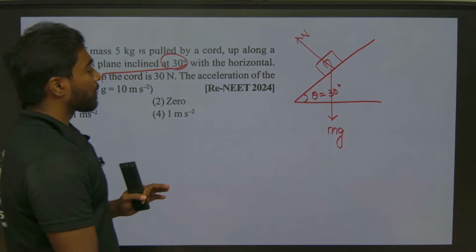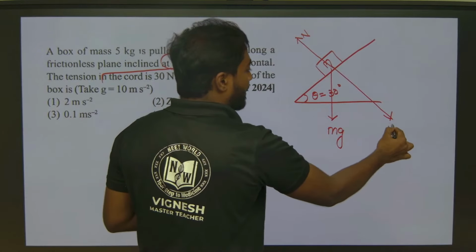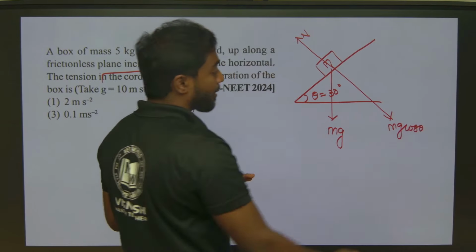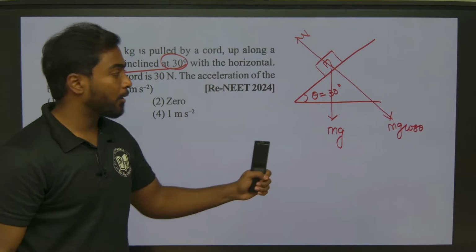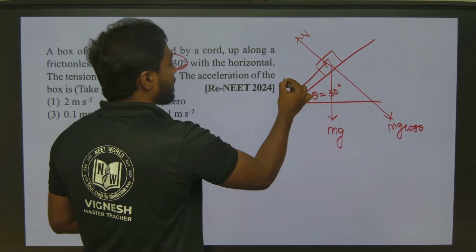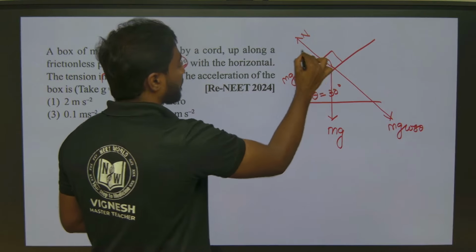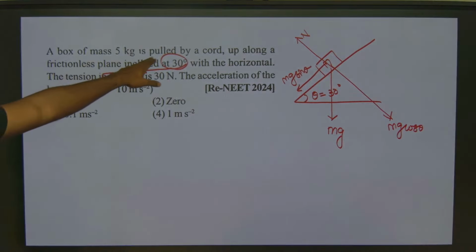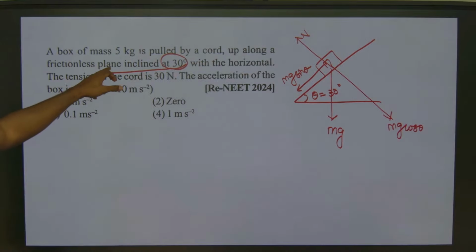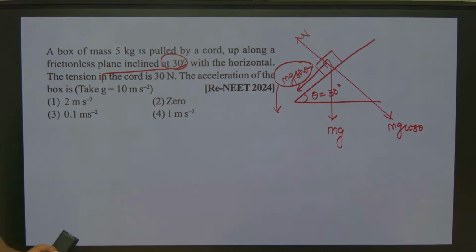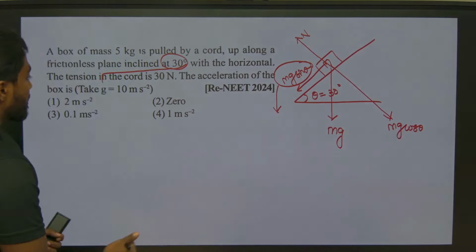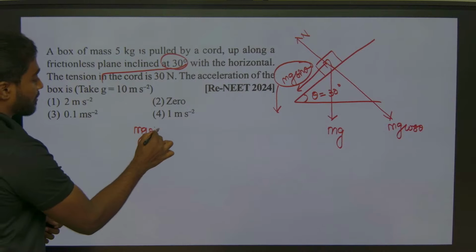Okay, so what about this one? This is my mg cos theta. So yesterday, in last class, we have talked about how to take the components for inclined plane, okay. So this is my mg sin theta. Now what they are saying is pulled by a cord up along a frictionless plane inclined at 30 degree with the horizontal. The tension in the cord is 30 Newton. So suppose if I find what is the force acting over here, I can say in which direction the object is moving, no? Yes, obviously. So mg sin theta, sin 30 degree